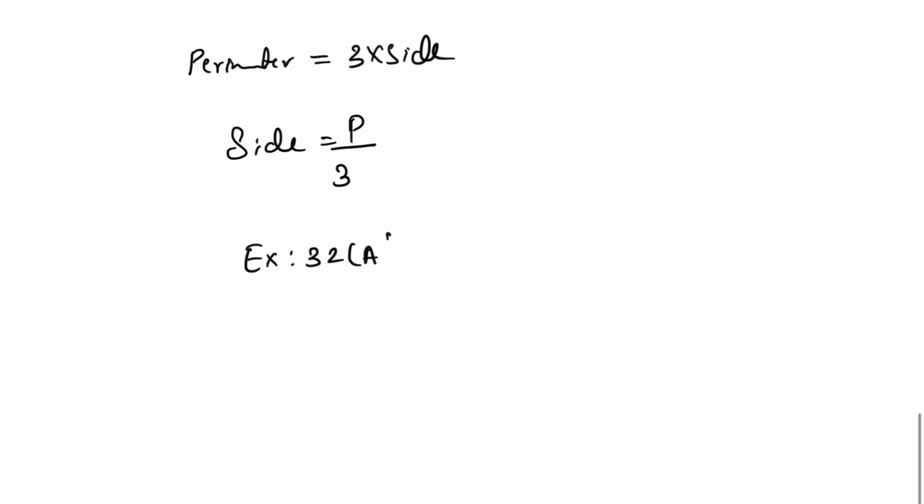Now let us directly do exercise 32A. In exercise 32A, I will not be doing the first two questions. You need to read the question, understand it and do it yourself. Then you can understand how far you have understood the concept that I have explained to you. Now coming to the third question. Let us start with the third question.